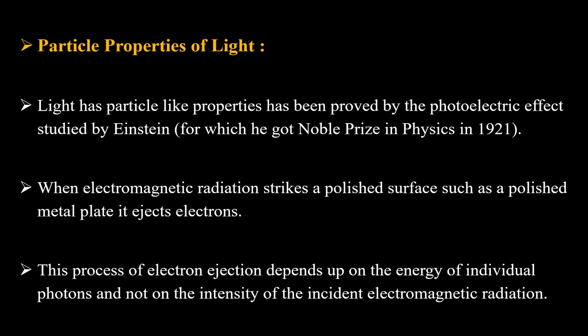Particle properties of light we will consider next. That light has particle-like properties was proved by the photoelectric effect studied by the scientist Einstein, for which he got the Nobel Prize in physics in the year 1921. When electromagnetic radiation strikes a polished surface, such as a polished metal plate, it ejects electrons. This process of electron ejection depends upon the energy of the individual photon